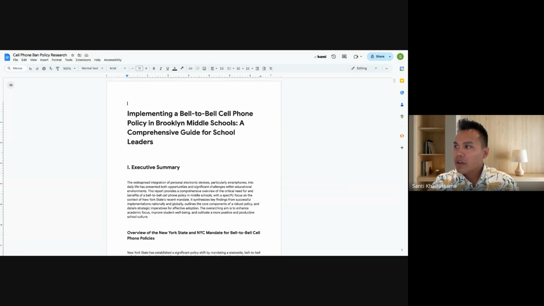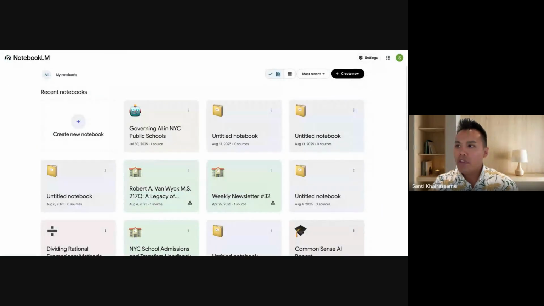All right, I'm just going to jump right into it. If you've not used Notebook LM before, this is an incredibly powerful tool for analyzing data. notebooklm.google.com. I just put it in the chat, and I'm going to pin that too. Notebook LM also has gone through the IRMA approval process, also free for New York City staff. One thing to note, Gemini, Notebook LM, only available for adults, only available for staff, teachers, school leaders. Students don't have access to it at the moment.